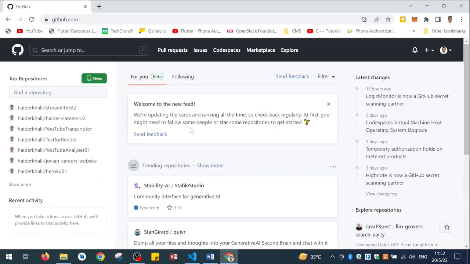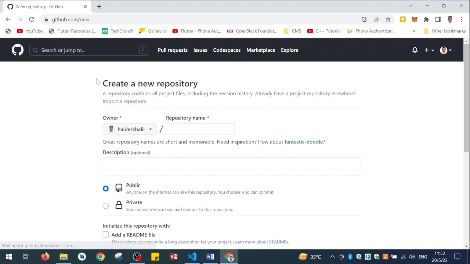Since I already have an account, I have these repositories, so I will click on the new repository. If you don't have an account, you create your account, and I will give the repository name as, for instance,